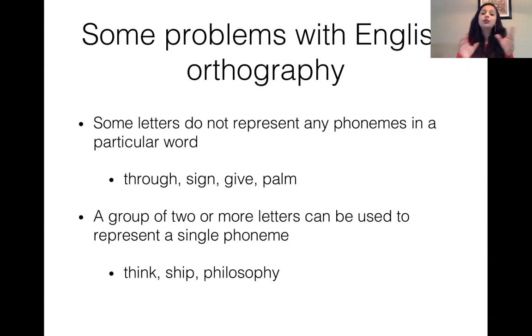And then there are a group of 2 or more letters that can be used to represent a single phoneme, like think, the th is represented by TH, ship, the sh is represented by S and H, and philosophy, the P and H is represented phonetically as F, which is why I often tell my students in 315 and 317 that we need to completely rethink the way we are teaching English phonetics in